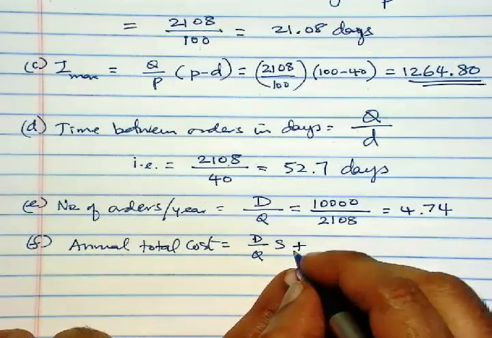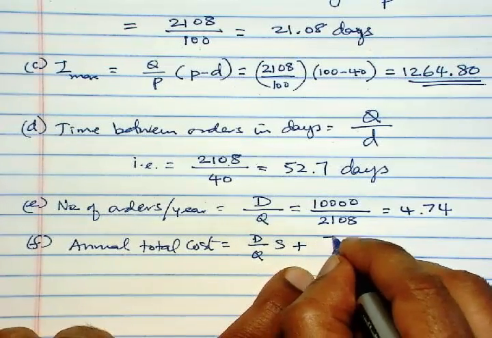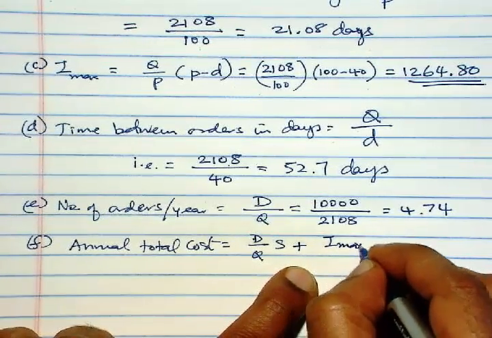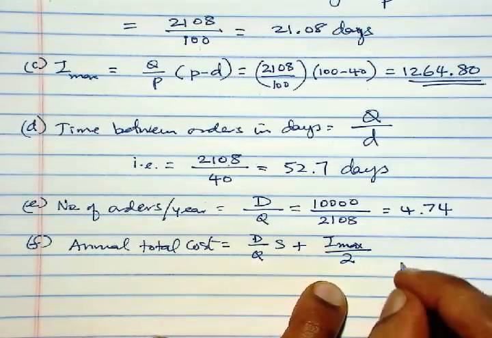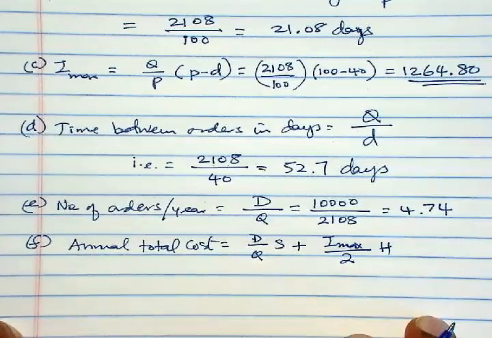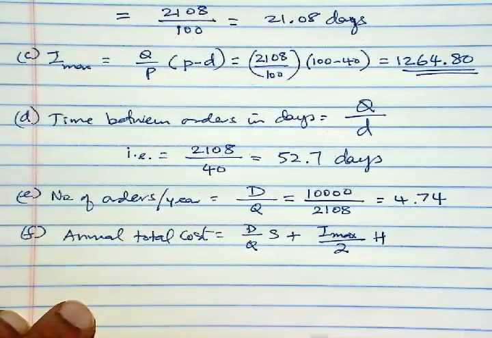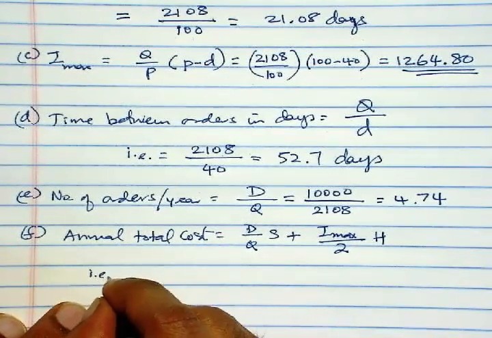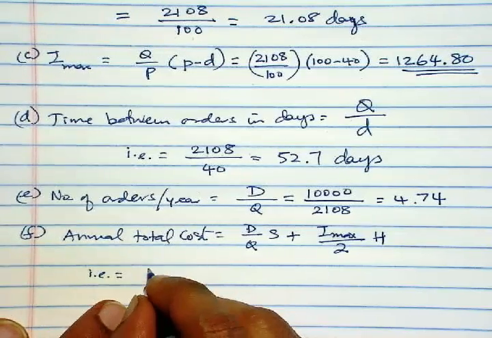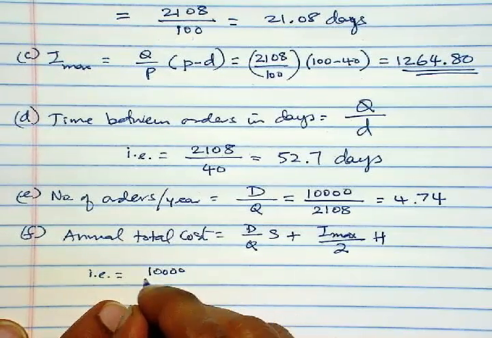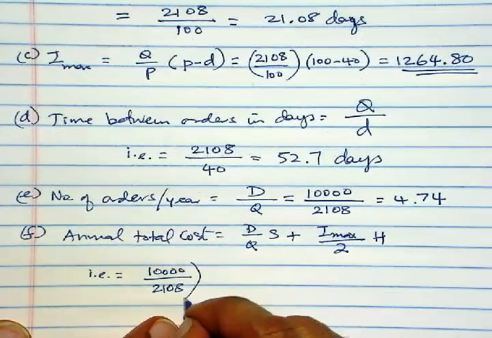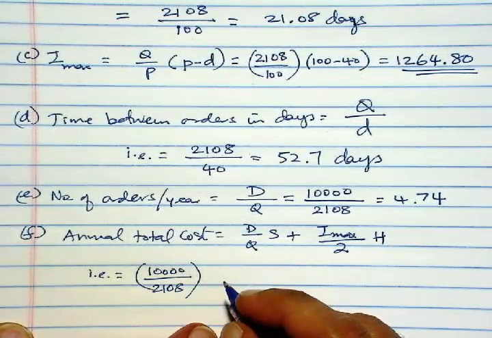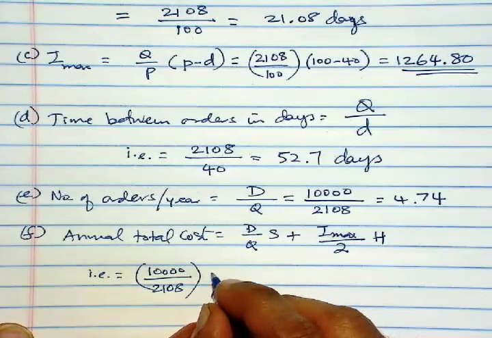But annual holding cost here will be the average inventory is not Q over 2, but I sub max over 2 times H. So this will give you 10,000 over 21.08, like that. That's our number of orders, okay, times the ordering cost of 200,